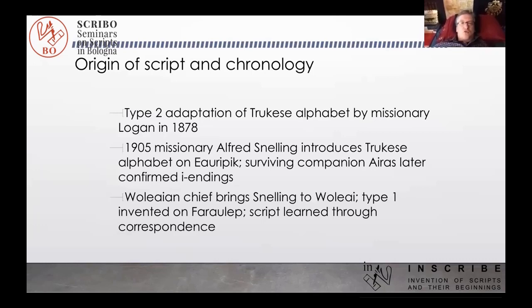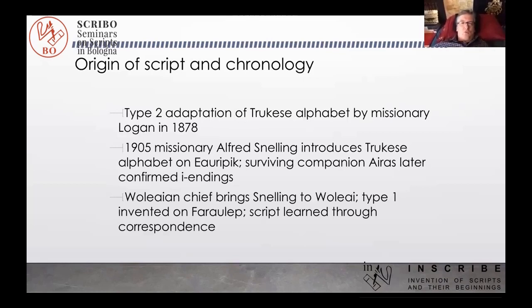The island of Truk is in the north, and that actually had an alphabet given by a missionary by the name of Logan, who already in the 1870s provided them with an alphabet. And based on that alphabet, another missionary by the name of Alfred Snelling came to the Caroline Islands. He came there by way of a shipwreck, basically. He was caught in a storm, and he was shipwrecked together with a few other people on the island,